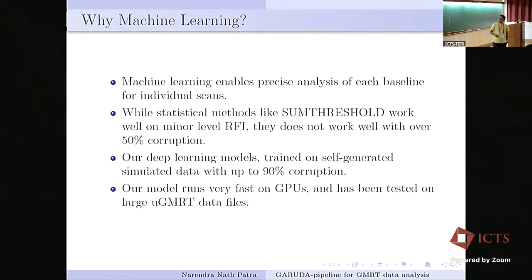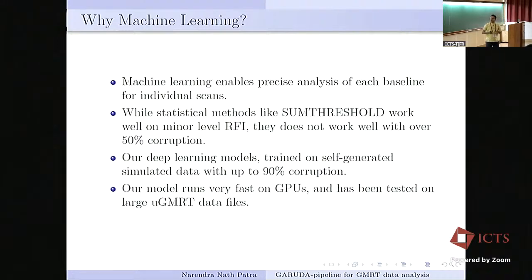So why machine learning in particular? Machine learning is quite an interesting tool in the era of large data. It enables precise analysis because it will identify the features where you have RFI, which traditionally, if you keep looking, is cumbersome.